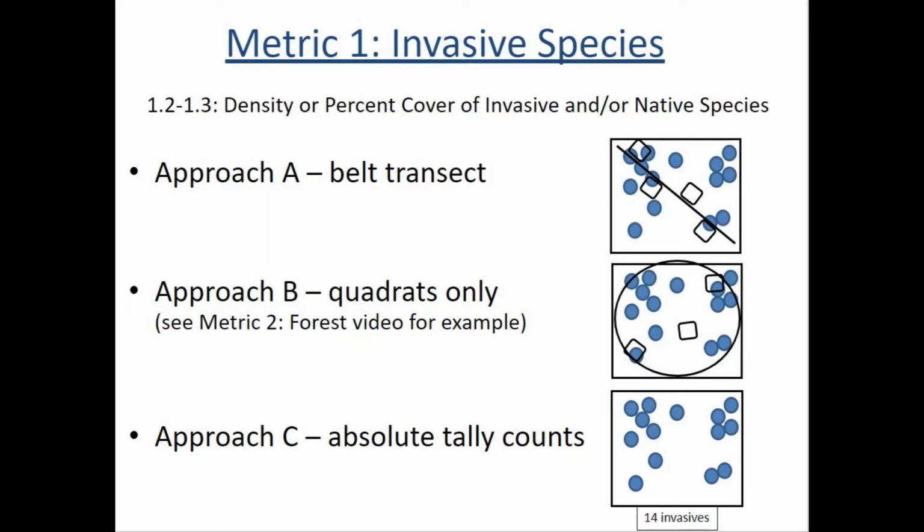Approach B only focuses on quadrats in a specific plot. In the example to the right, you can see a circle plot area designated and quadrats randomly thrown across it. Approach C focuses on absolute tally counts. So this is when you go into an area and count every single invasive that you see, usually down to the species. This is usually only going to occur on very small sites or with partners that have very rigorous